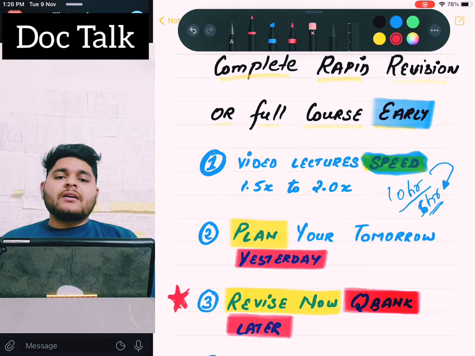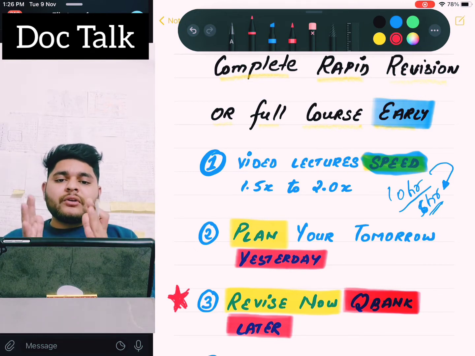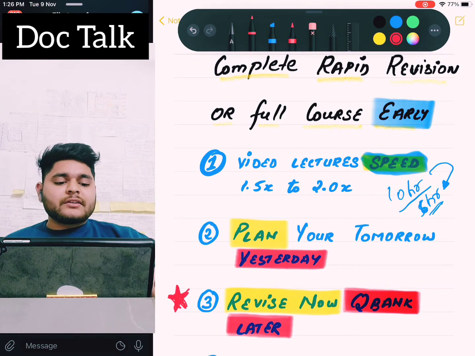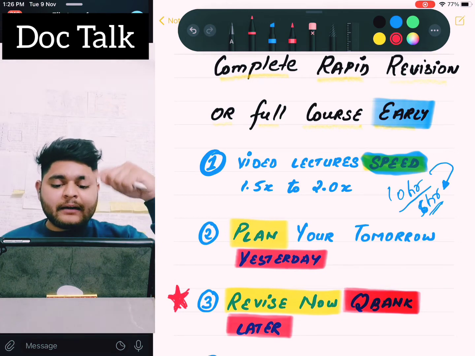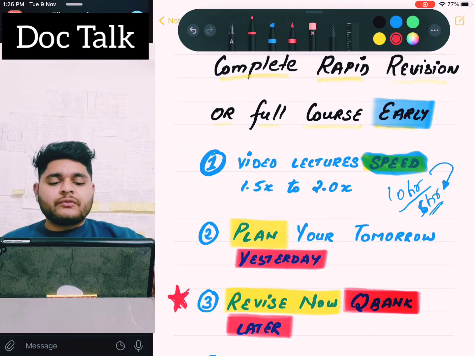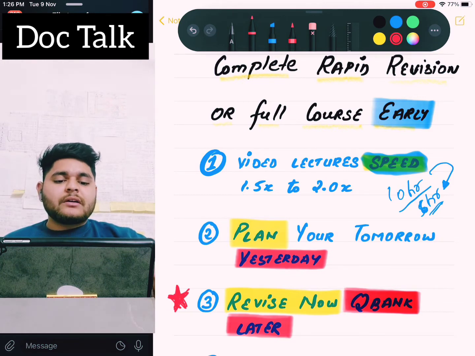Don't follow this pattern: video lectures, revise, Q bank. Follow this pattern: video lecture, revise, that is revision 1. Revision 2 is revision plus Q bank. Okay, and in the third revision you can do revision, Q bank is done. Now you can do custom modules. I will get to that in another video, what is a custom module. Okay, so this is my controversial part, revise now, Q bank later. This is all up to you. If you want to do that, it will pace up your preparation, it will pace up your rapid revision